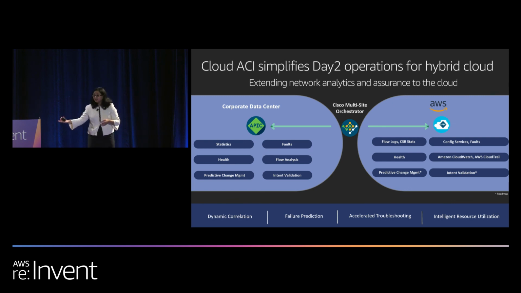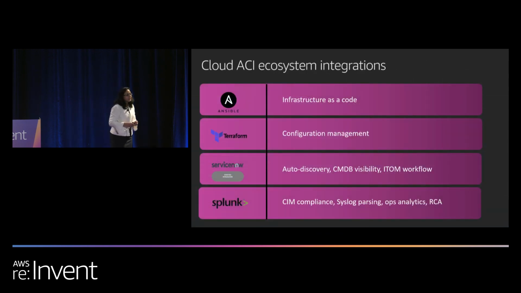Now, as part of the vision, what we are working on is making assurance and intent validation enabled for your hybrid cloud workloads. Now, this is a very heavy term, but we have achieved this in the on-prem data centers today. We have an assurance engine where we can assure that whatever configuration you have done, any intent that you have, all of that is being enabled and adhered to. So we have a similar vision for hybrid cloud environments, where you can have your intent validation and assurance in an end-to-end manner. And then, as Azim mentioned, ecosystem.